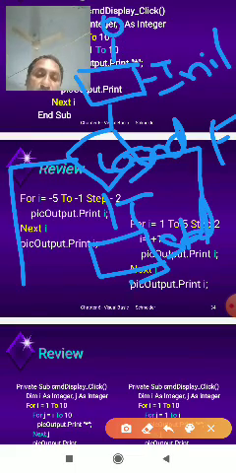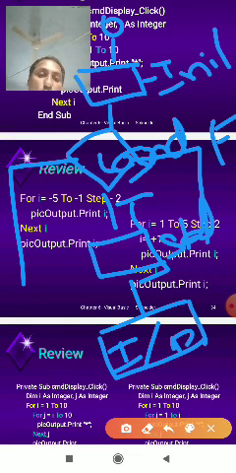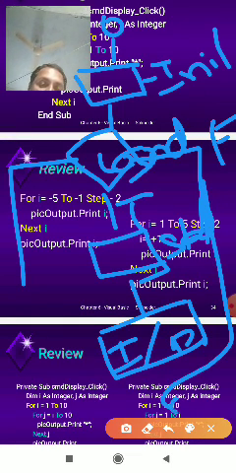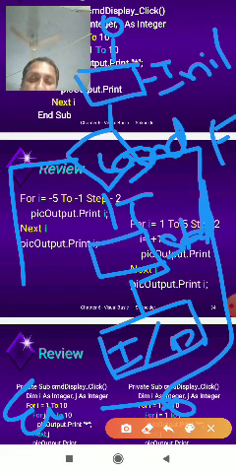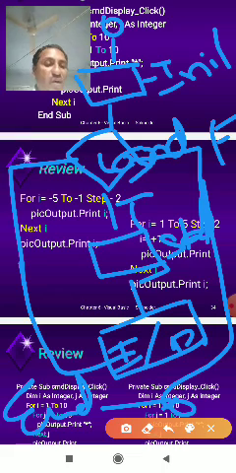And next, the increment operator and the decrement operator. So this is called the output. End of this program. This is an example of the increment and decrement operators.